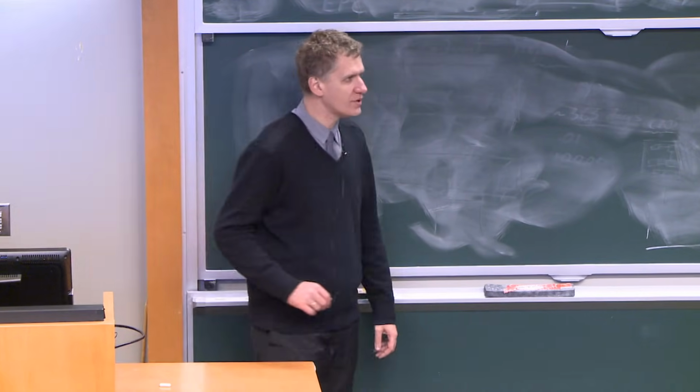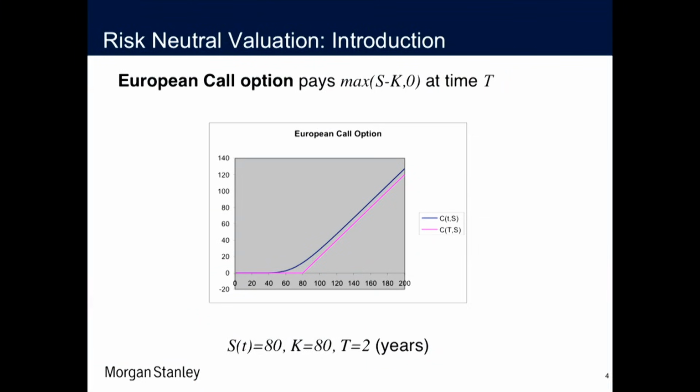Another slightly more complicated contract is called a call option. Previously the forward is an obligation to buy the asset for an agreed price, while a call option is actually an option to buy an asset at the price agreed today. A call option can be viewed as a kind of insurance against the asset going down.